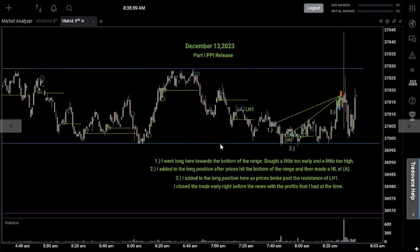between these two blue lines. So the bottom of the range was around 37,000 and the top of it was around 37,030. So I went long here towards the bottom of the range. Only thing was I bought a little bit too early and a little bit too high. Now this trade eventually ended up being profitable for me, but in the long run, this is just not an